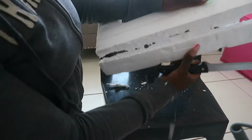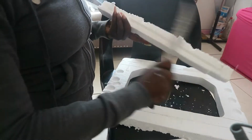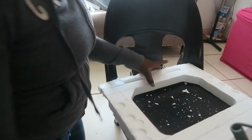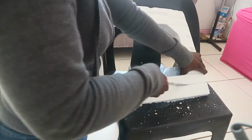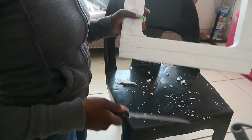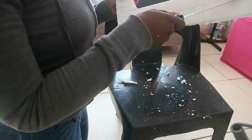be visible, not just at the back of the other, I decided to cut this foam from a fridge. It actually came with the fridge, and so I decided to cut that into little strips the size of the gel polishes so that I could elevate them and put more gel polishes on top of the foam. So yeah, this is me cutting it, and I was just playing around with this idea, but I realized